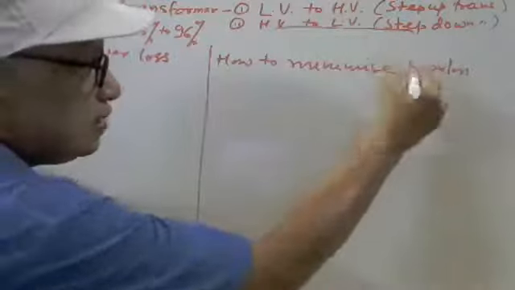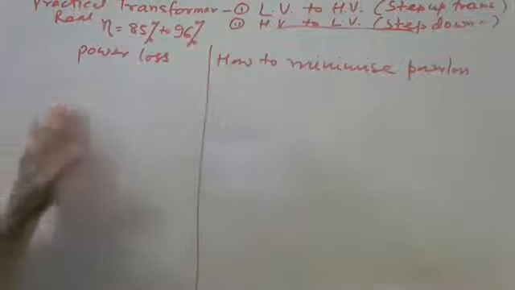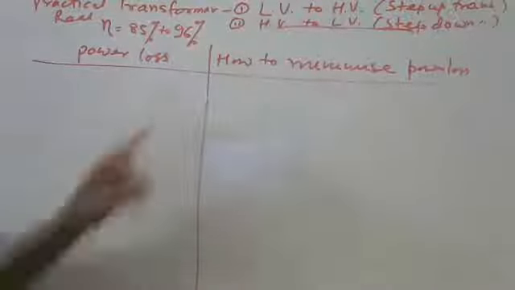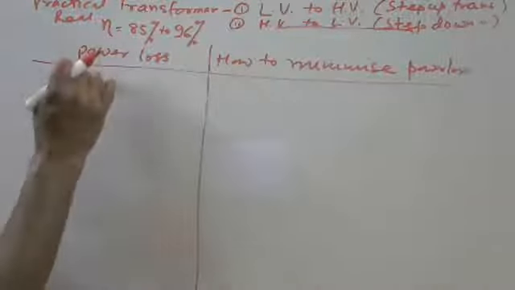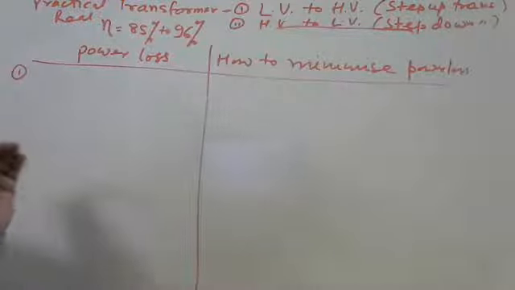This is a very important question. Normally it is asked: write down two losses and how to reduce them, or write down the power losses only. So you have to write all. One by one we discuss here and see how we can minimize the losses to increase the efficiency. So the first power loss is what? Flux linkage. If the flux linkage is very good, efficiency is very good. If it is leaking, then efficiency reduces. So this is the loss.